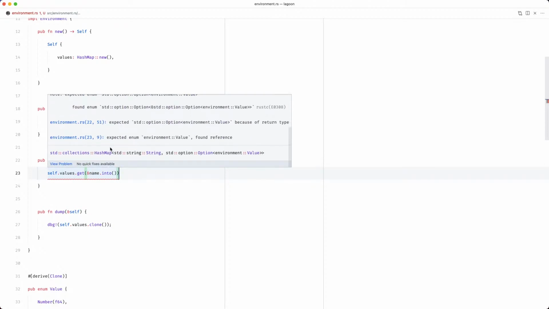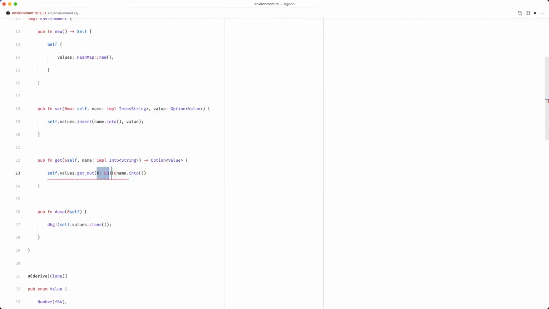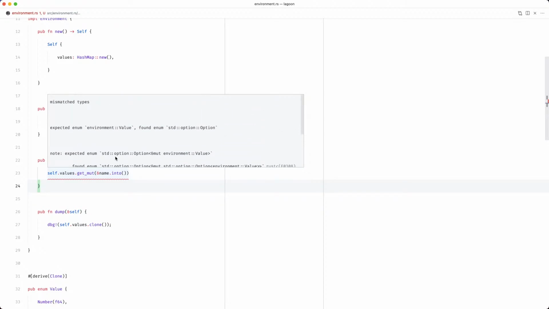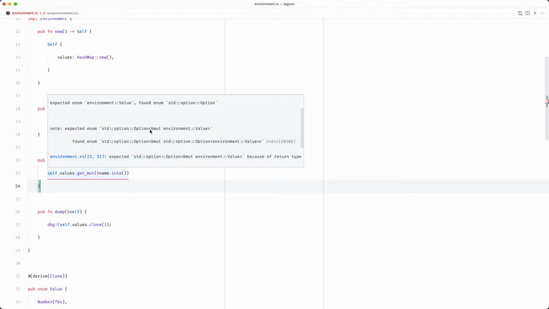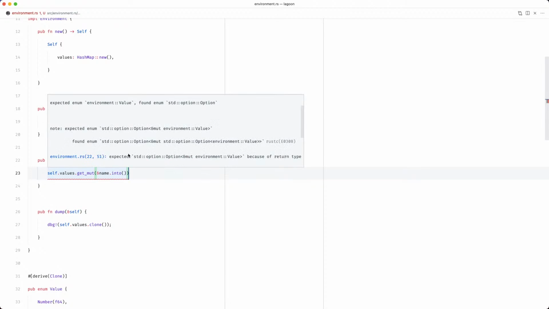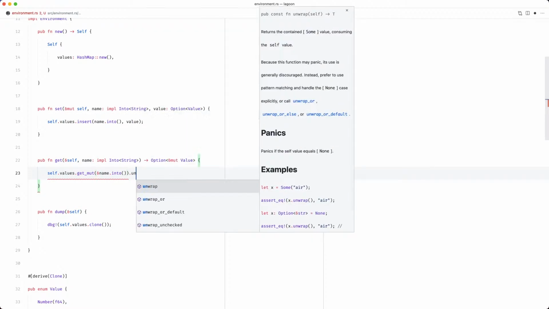Let's do get mut instead and return a mutable reference to that value. So we're expecting that. Expected enum that, but we found this instead. We'll just unwrap it.